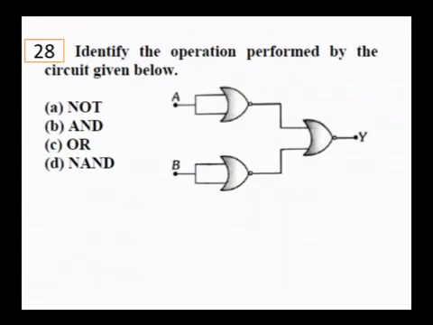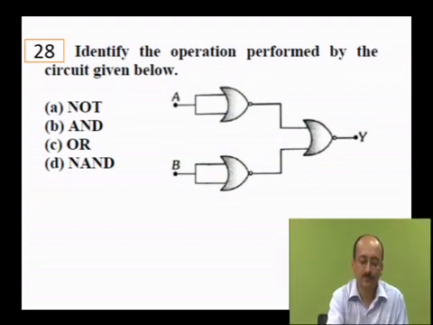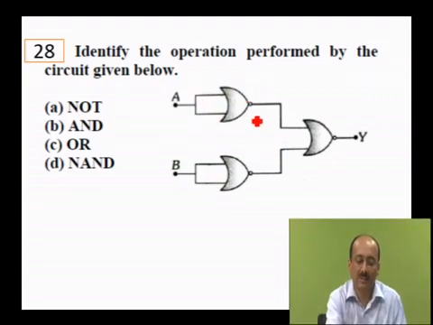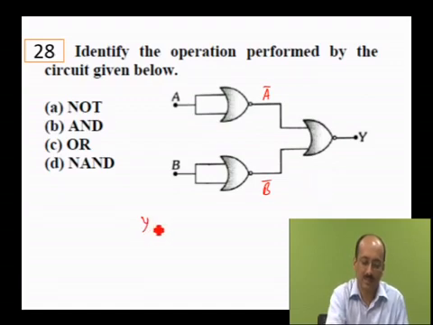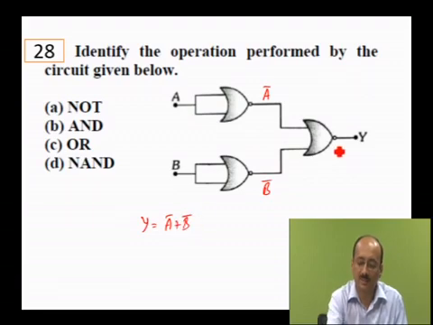Identify the operation performed by the circuit given below. Now a shorted input NAND gate or a NOR gate. This is basically a NOR gate with shorted input, it will behave like a NOT gate. So the output of this will be A bar and the output of this will be B bar. You are giving it to basically another NOR gate. Imagine first without the bubble it will appear like an OR gate. So essentially what happens is you are having output A bar plus B bar, but then this bubble is there,